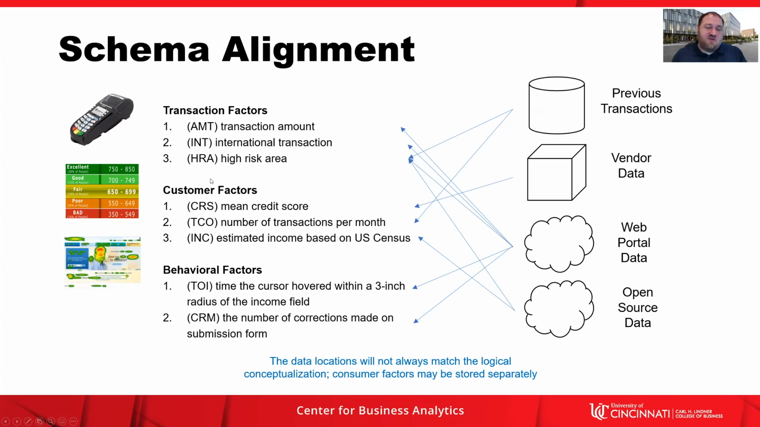And then we work our way backwards and say, okay, where do we get these fields from? Where do we find the transaction amount? Where do we find whether this transaction occurred in a high-risk area? Where do we find the customer's credit score? How do we know how many transactions a customer's had per month, and so on? We actually trace this. Now we work our way backwards into the data